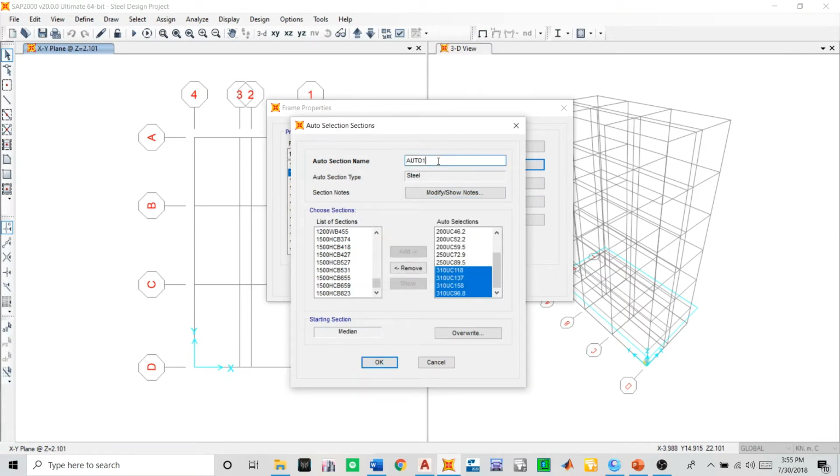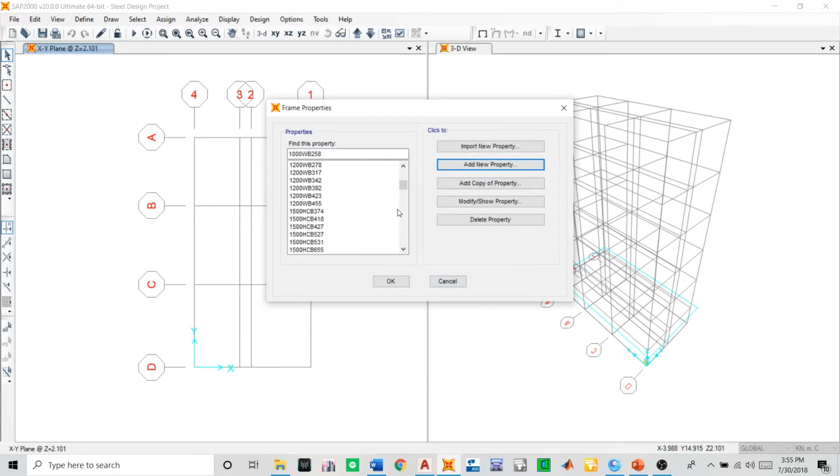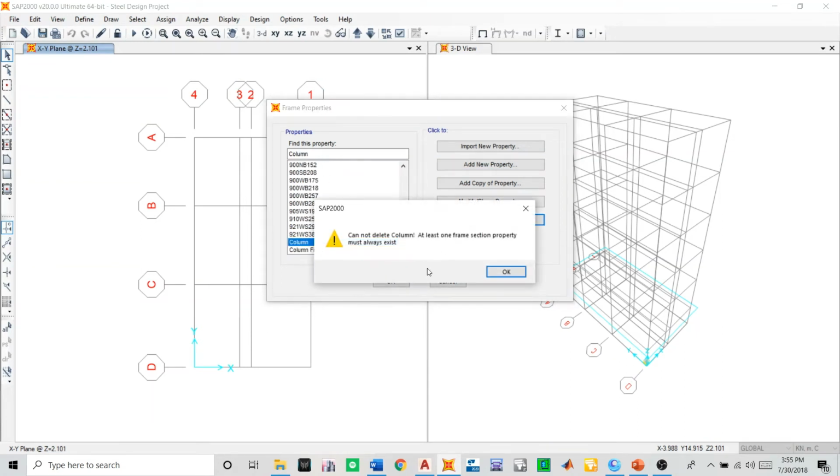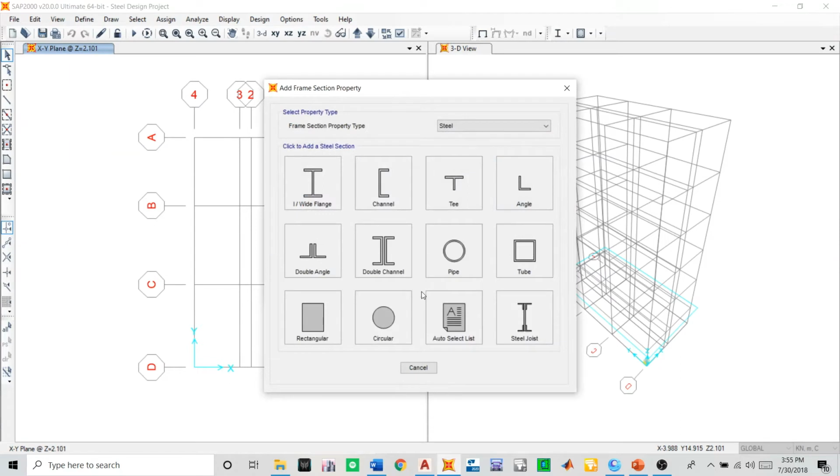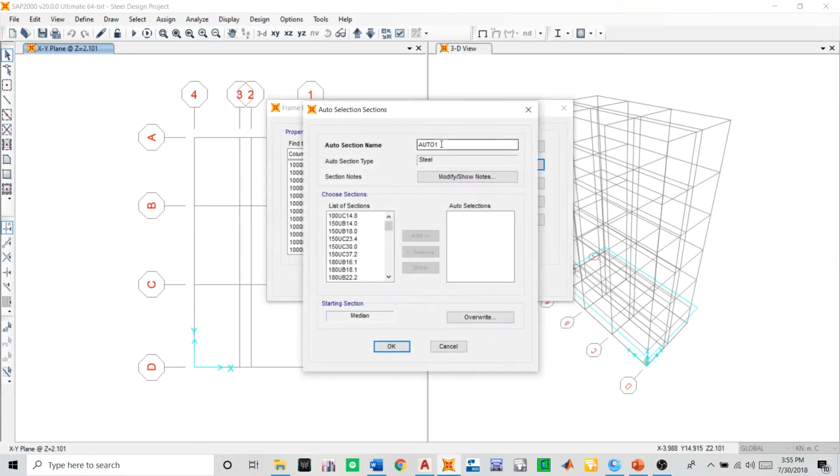Oh, sorry, I already have column final. Yeah, okay. And there is one another duplicate name, which I'm gonna delete. Oops, I cannot delete this one. Okay, I'm going to delete it last. Okay, I finish up with the column, and I'm going to add another new property, which is from auto select list. This one for beam,